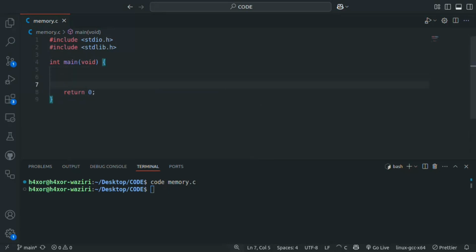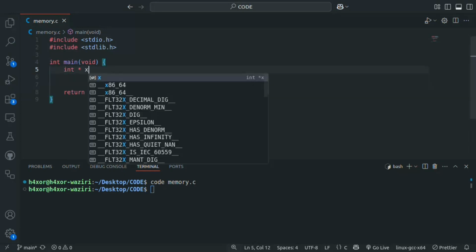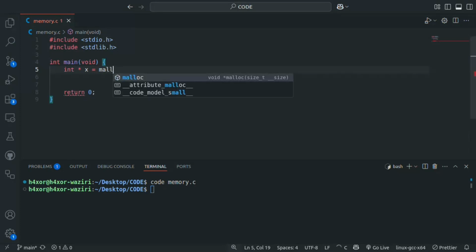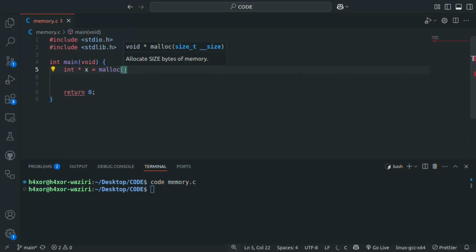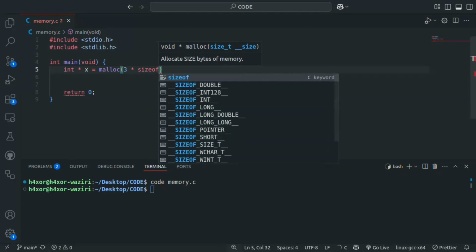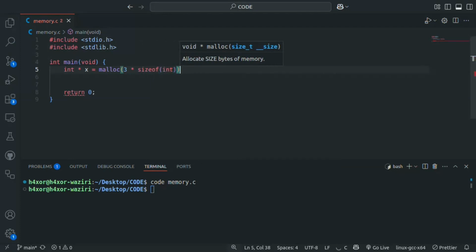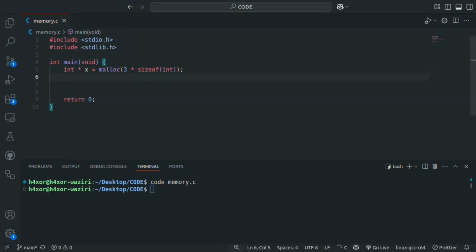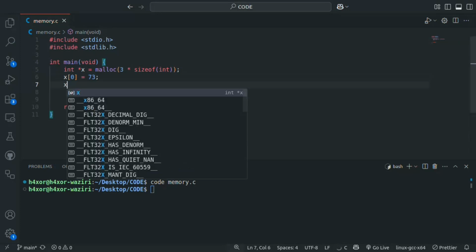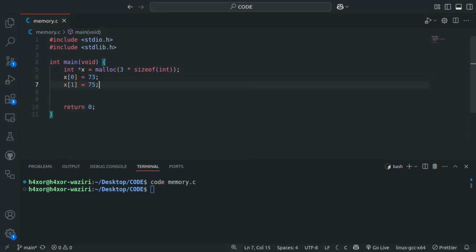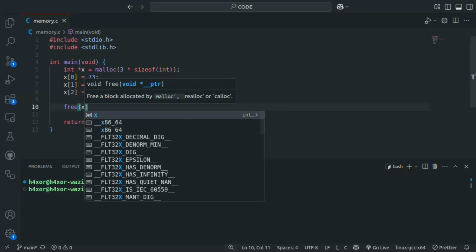Now int *x = malloc(3 * sizeof(int)); then x[0] = 73; x[1] = 75; x[2] = 77; then free(x);